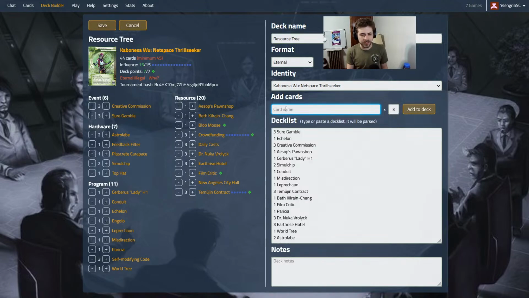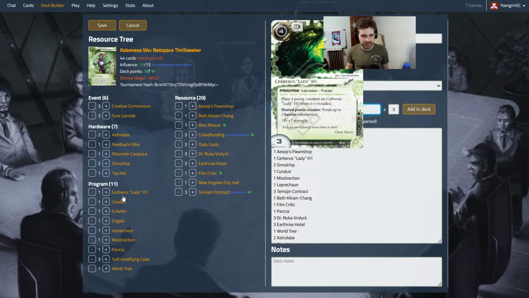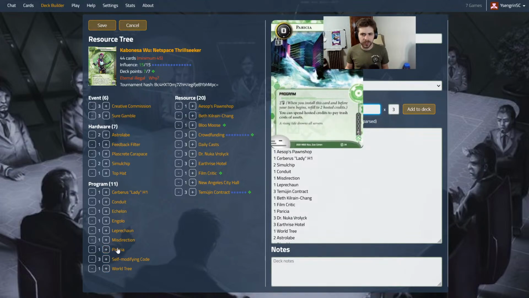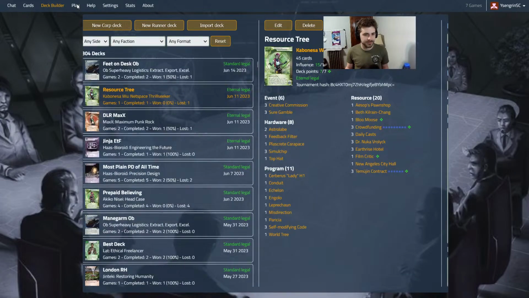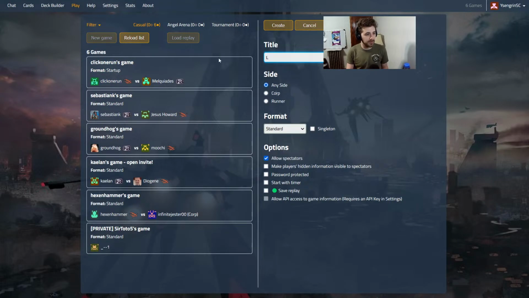Do you run a one of Diesel? I'm trying to think what the right card is here. I actually think the 2 Astrolabe is just a you-hope-you-see-it-early thing because the meta has so many asset decks. Should we be running, I guess we could run the 3rd Simulchip. But let's try just making a new game. Maybe there was a timeout, but